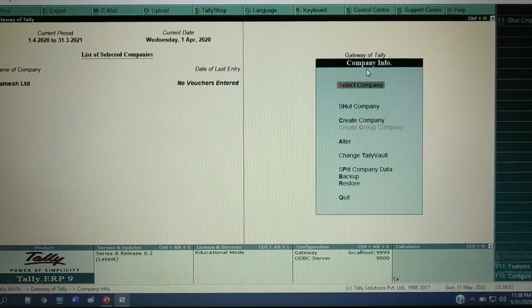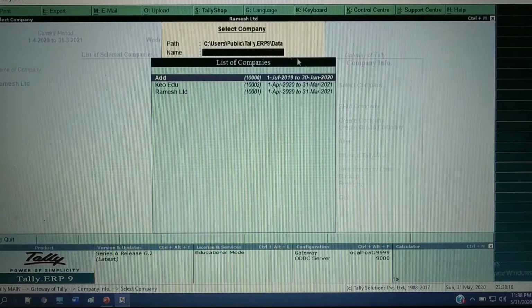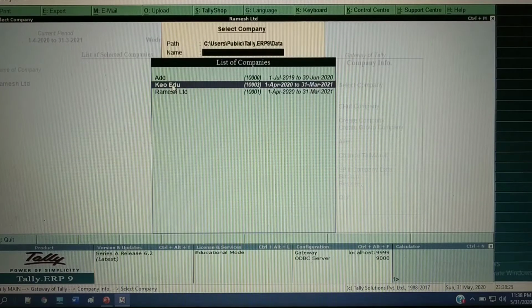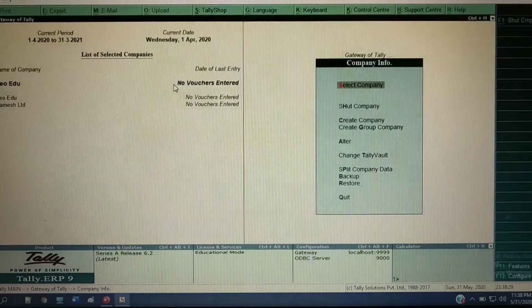Okay, the first option you can see in Company Info is Select a Company, and next is Shut a Company, Create Company, and Alter. Click on Select a Company. The Select a Company window will be opened here, and you can select any company which you want to open and press enter on your keyboard.